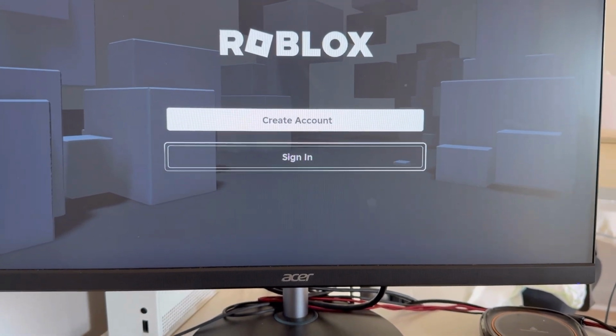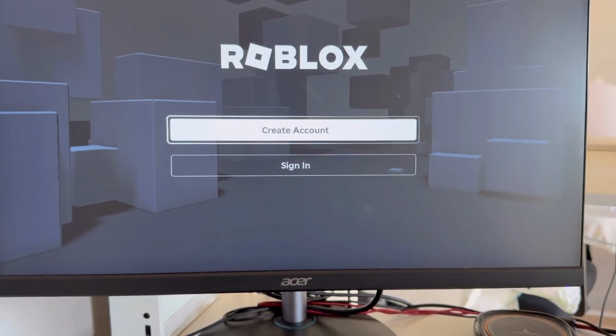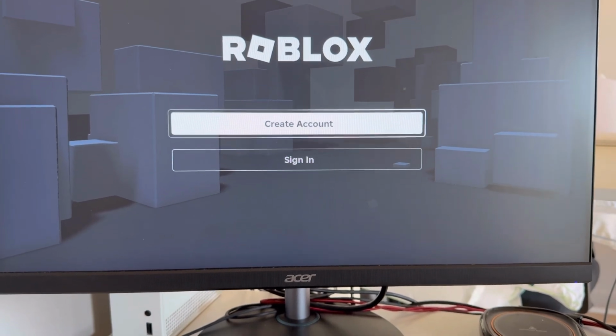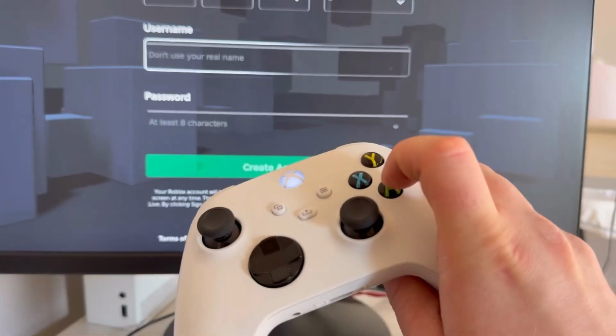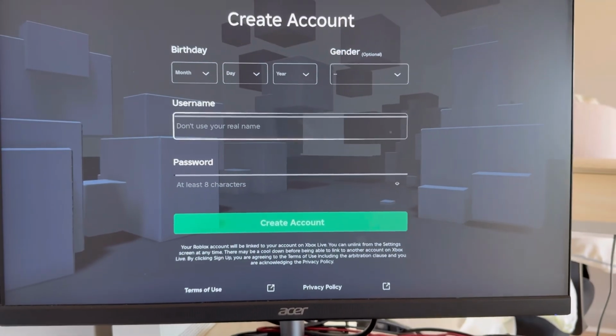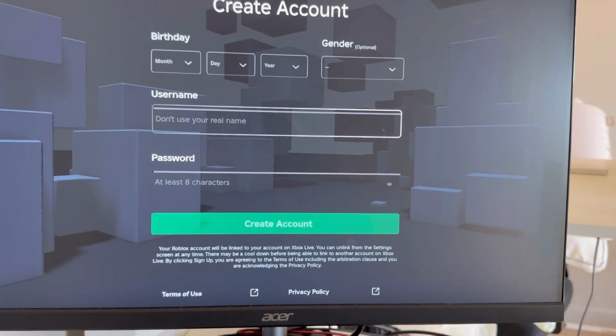You can either go ahead and sign in if you have an account or create an account. I don't have an account yet, so I'm going to go ahead and click create account. Again, you're going to click A there, and here what you're going to do is, as it says, it's pretty